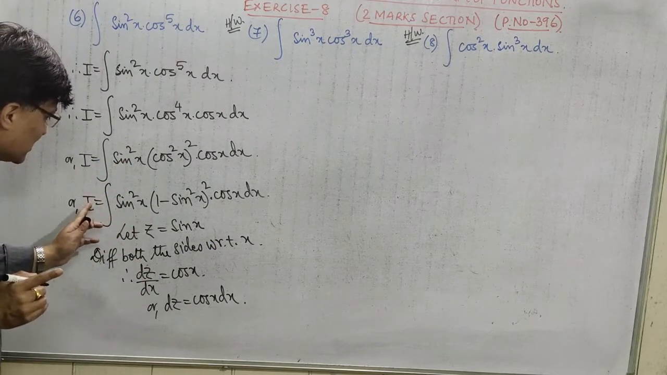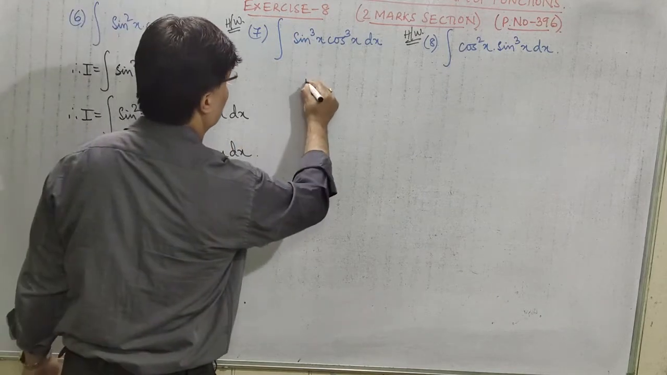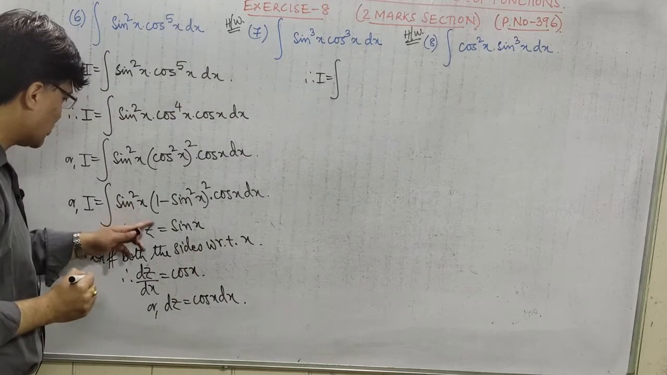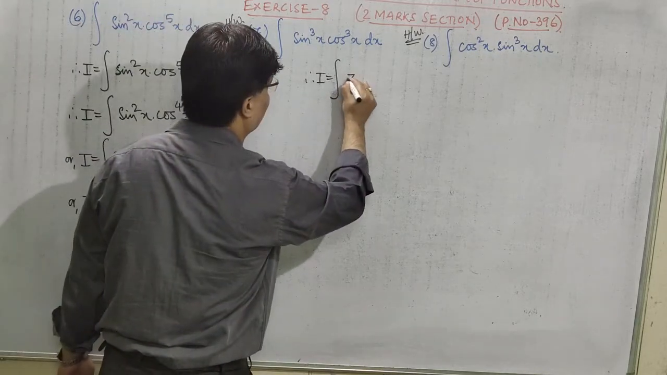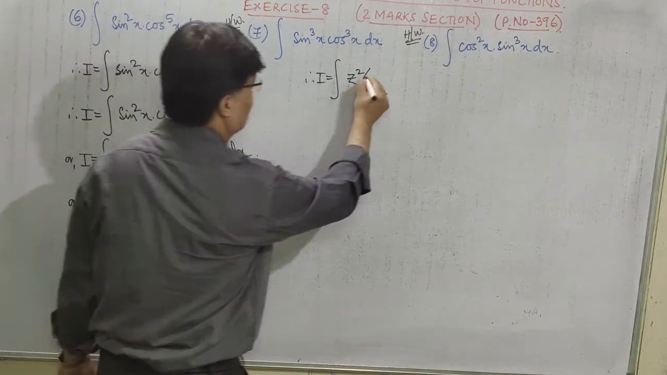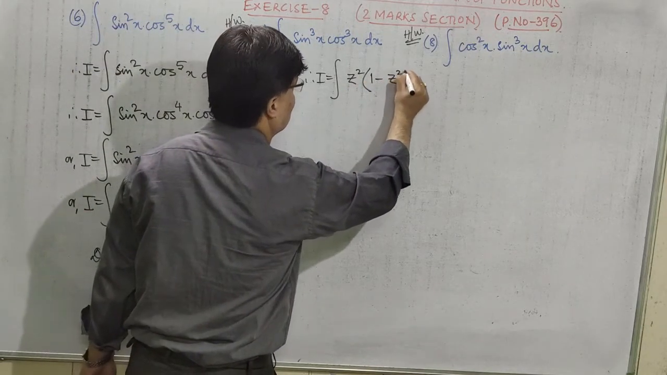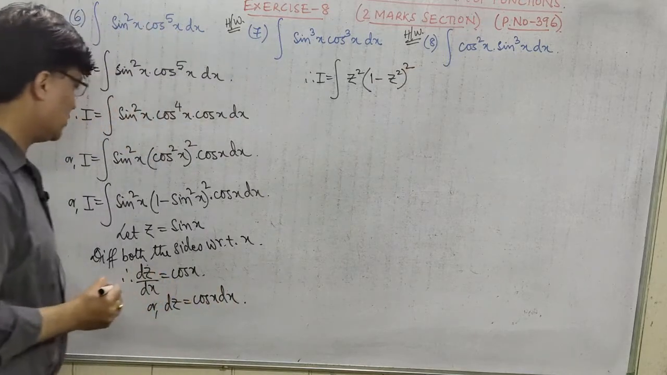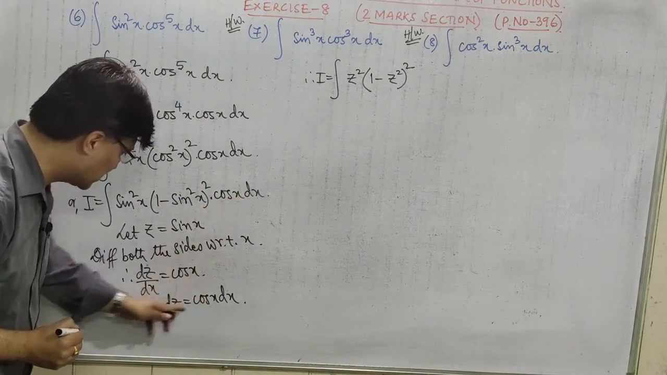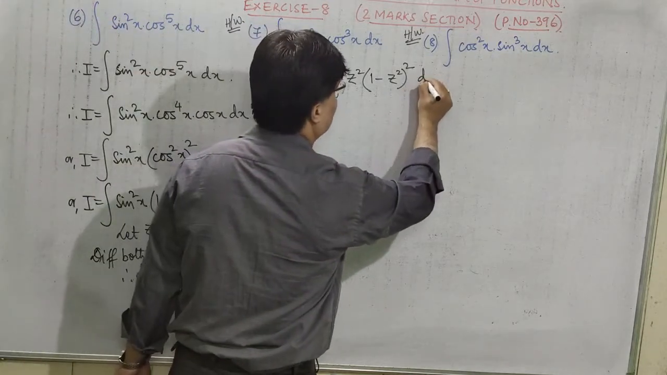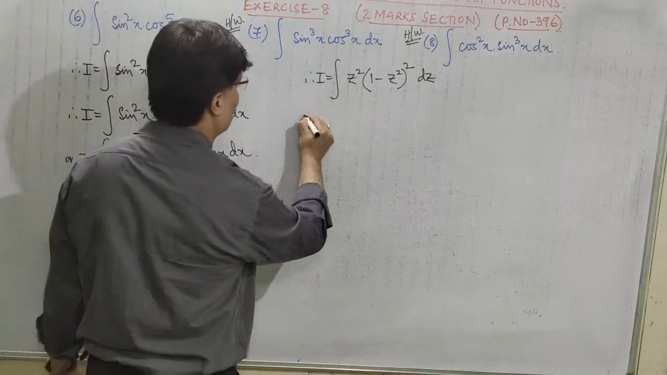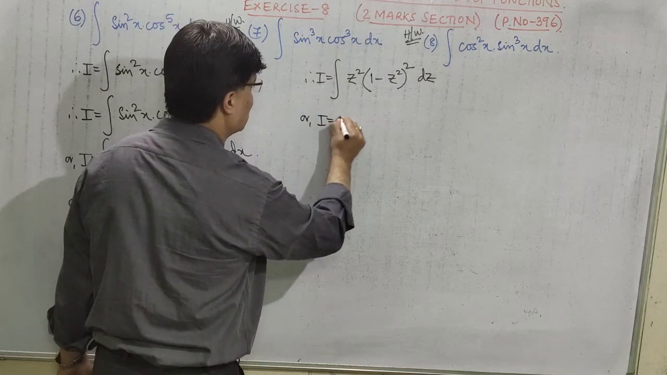So what does this I become now? Therefore, I is equal to integration of, what is sin square x? z square. And within bracket, what do we have? 1 minus z square whole square. And what about this cos x dx? It is dz. Right? So next, I is equal to